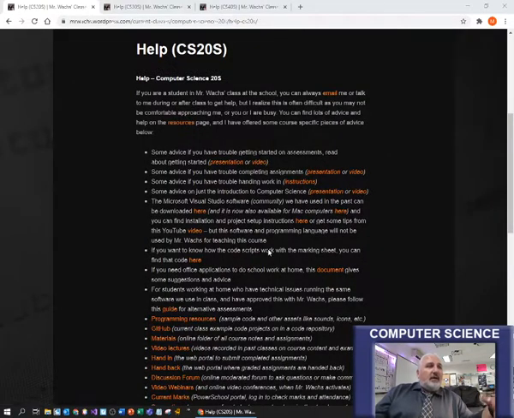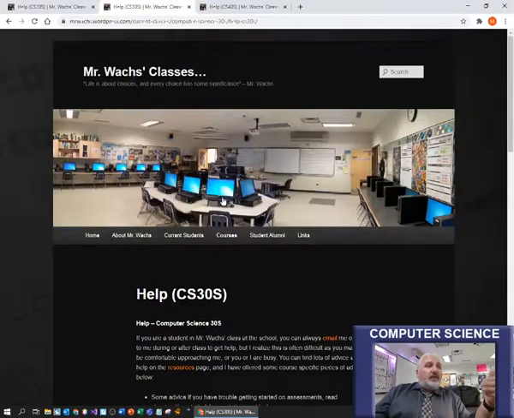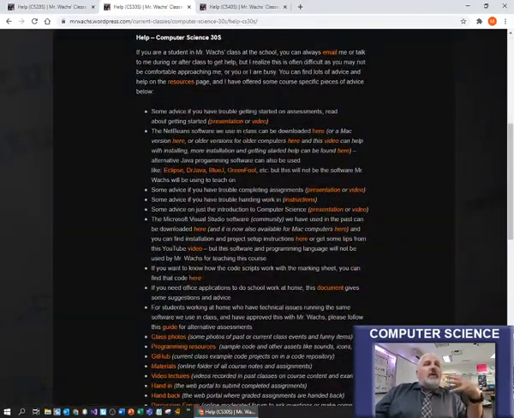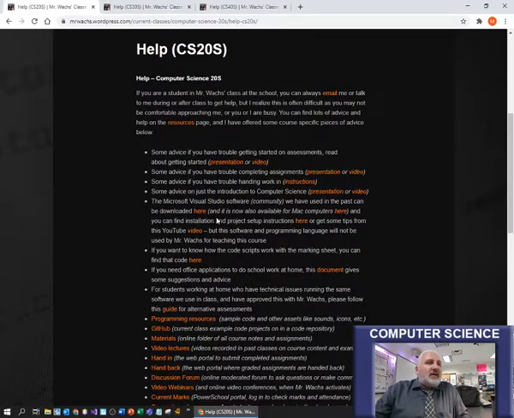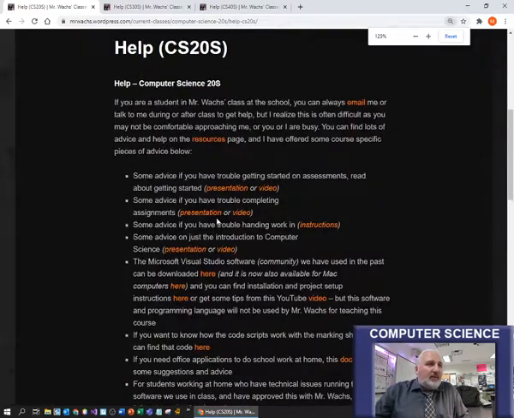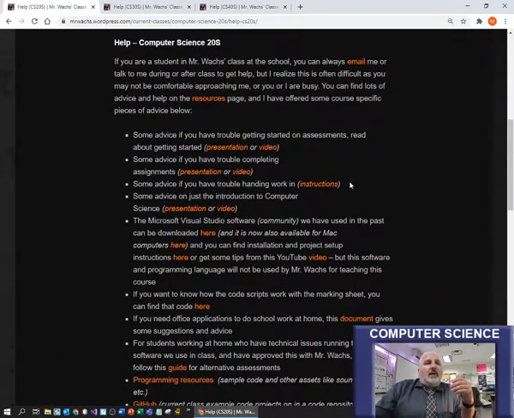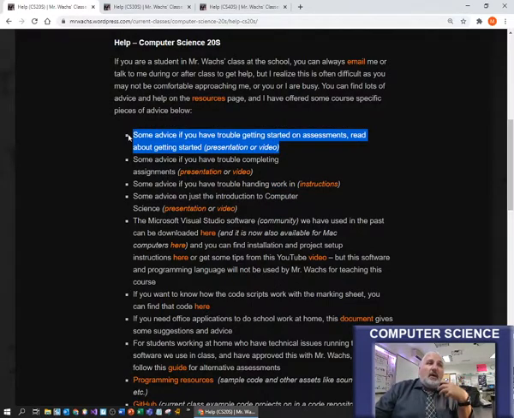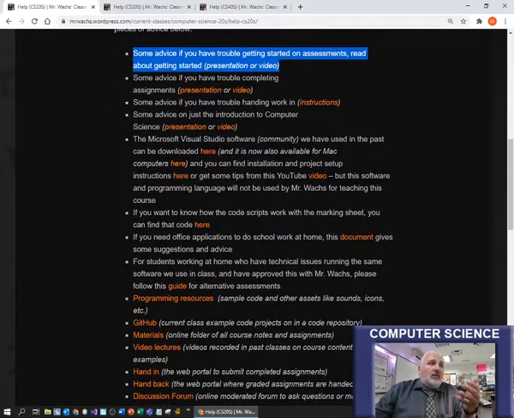So if you're in the 20S course, it would focus on some software stuff about Visual Studio. If you're in the 30 or the 40S course, there'll also be some software help and advice for working with Java software. But in addition, there's other things you can find on this page. So for example, you can get help on handing work in, or how to get started on assignments, or if you're having trouble with assignments,